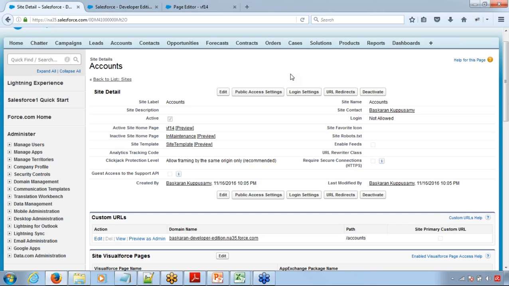But on this page, what data should be displayed? What all things can be displayed on this page? That's something which I have not yet defined. That needs to be defined. After creating the page, you also have to enable which objects or tabs you want to display on this particular page, right? So what I'm going to do is go back to the public access settings